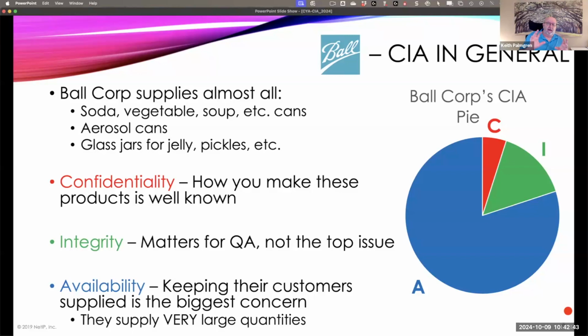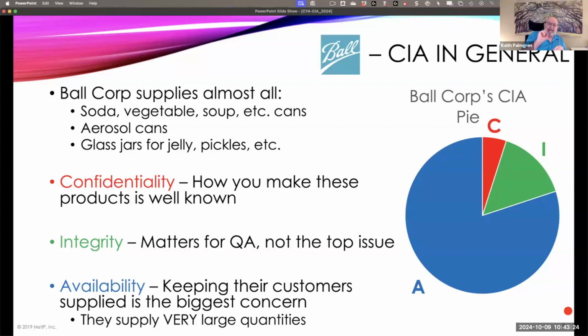I mean, just think, every soda bottle and soda can by Coke and Pepsi, every one of those bottles and cans is made by Ball. Just count that number of items that they have to manufacture all over the globe. They have a whole bunch of manufacturing facilities around the globe and throughout the US, in various locations as well as overseas. And so availability, making sure that they've signed a contract with a company like Coke or a company like Pepsi, and making sure that they're able to deliver on that, that's an availability issue. Availability is going to be by far their biggest concern.